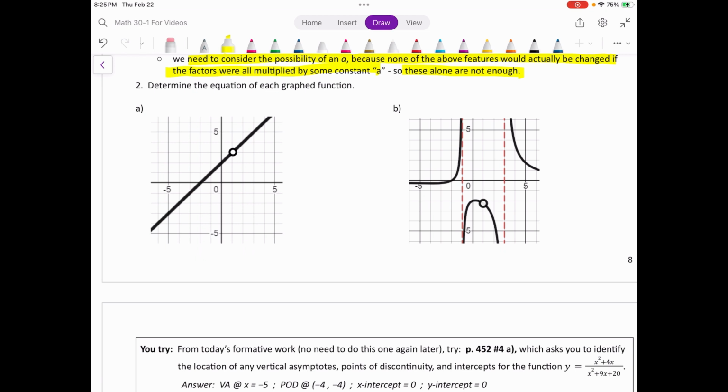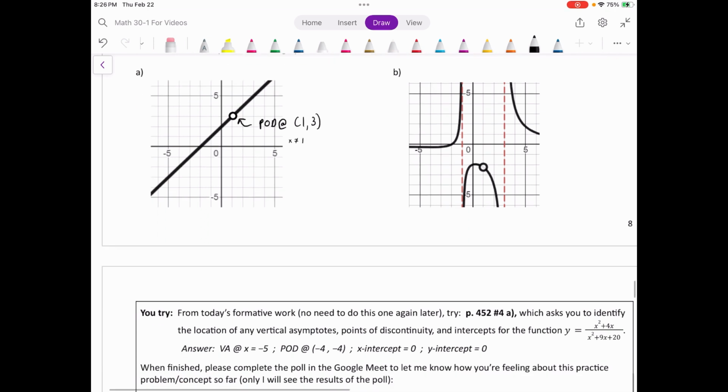What do we see? Well, I see a couple things. Right off the bat, I see a point of discontinuity at 1, 3. Okay, so when x is 1, this graph is undefined, right? X cannot equal 1. Well, let's start building our equation right off the bat. I'm going to leave room for there to be some a value, because there could be some a value, but